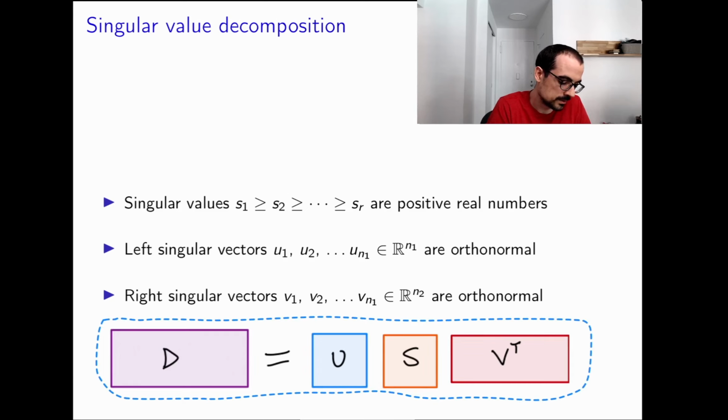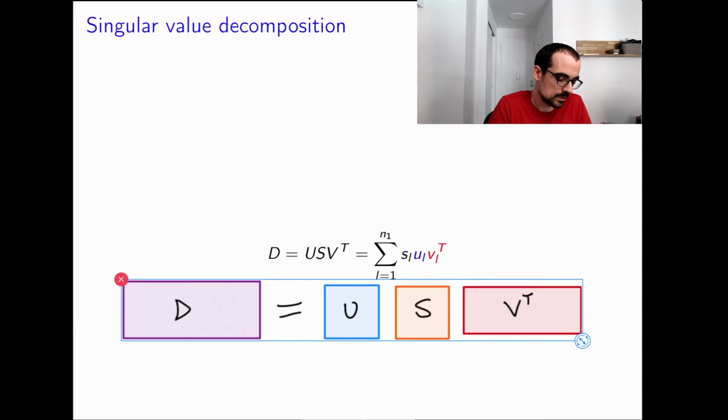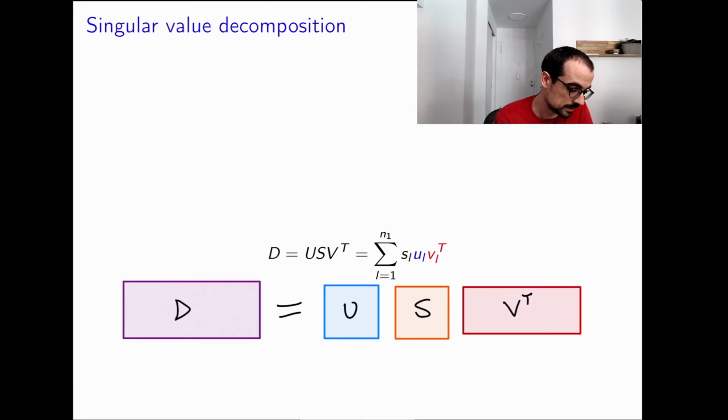Okay, all right. So the singular value decomposition, the SVD, gives us this decomposition of the matrix D. We can write it out in the following very useful way. I'm going to paste this here. What we're saying here, and you should check this on your own if you don't believe me, is that we can expand this product by summing from i equals 1 to n1,